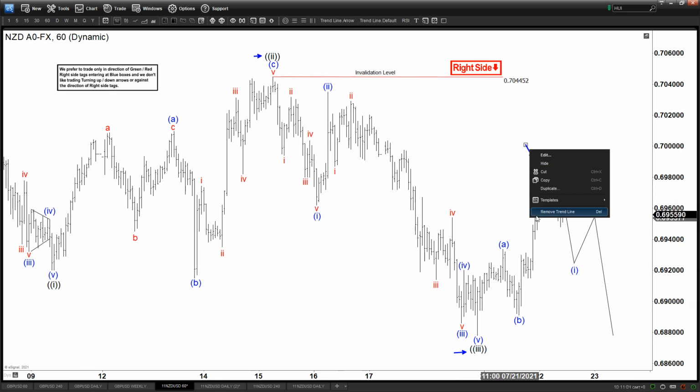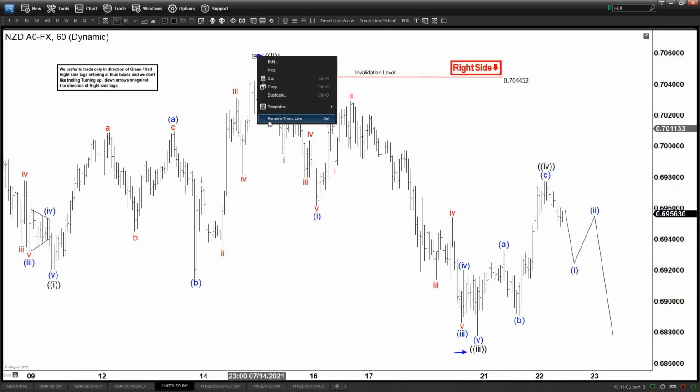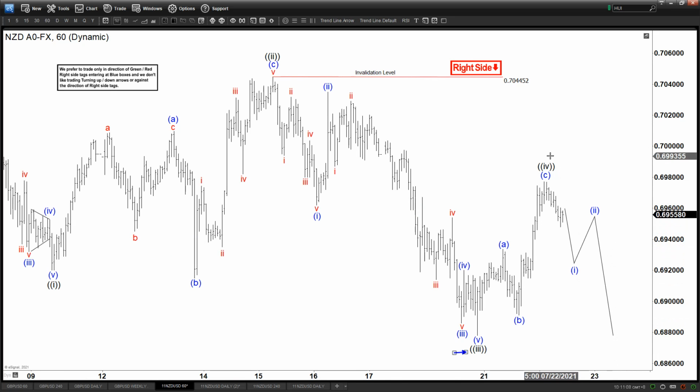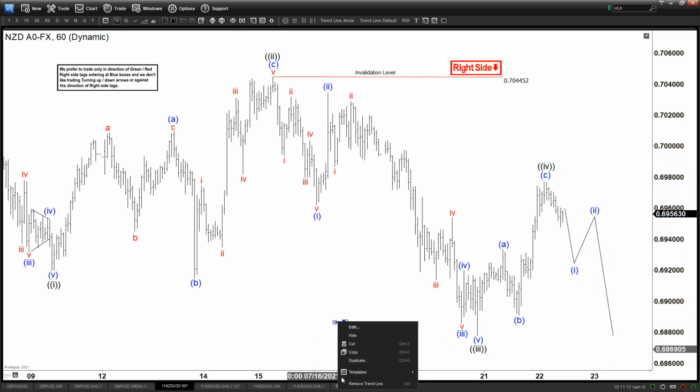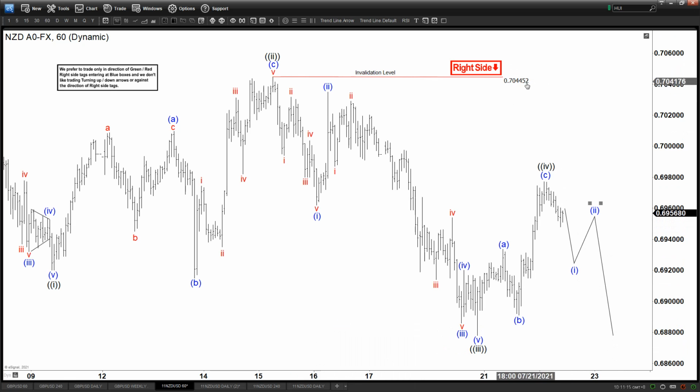So what this chart is showing is we're looking for the downside now, within this wave 5 on the downside. As long as we don't continue to go up and break above this previous peak right here, we are favoring more downside. That is the short-term outlook of the New Zealand dollar. Now we're going to discuss the various different possible paths within what we think is our